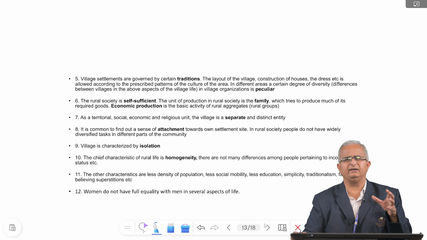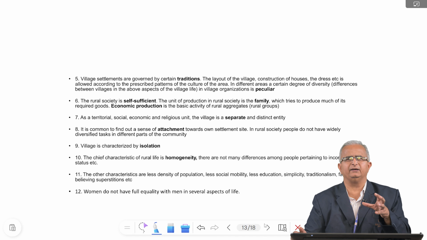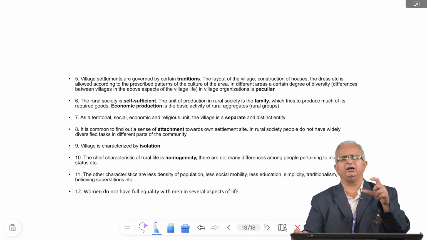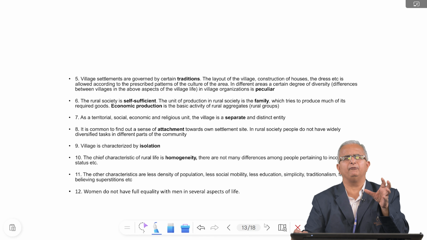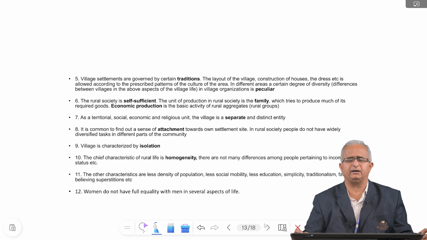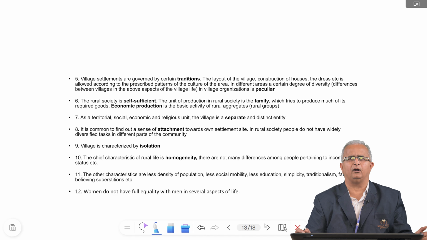And one more thing, villages live in isolation. Generally each village is surrounded by different lands, and the farmers do their farming activity. That's why we can say village people live in isolation. They are very far away from outside communities. They live in their own areas. They mingle with the farmers who are their neighbors. They interact only with the village people.